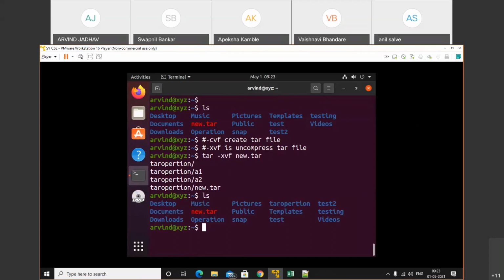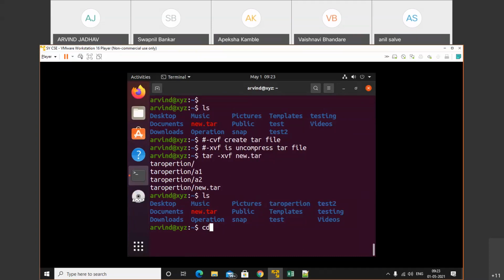Just perform ls. Earlier, the tar operations folder was not there. Now we have tar operations. When we uncompress, the actual name is what gets extracted. For example, while compressing we used new.tar, and when we apply the untar, the extract operation, we will get the same folder, the tar operations.